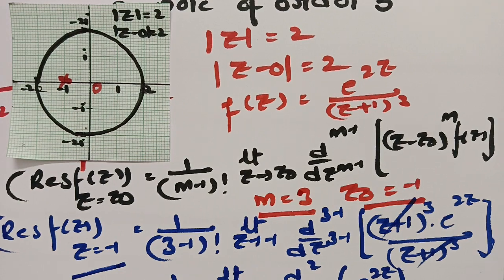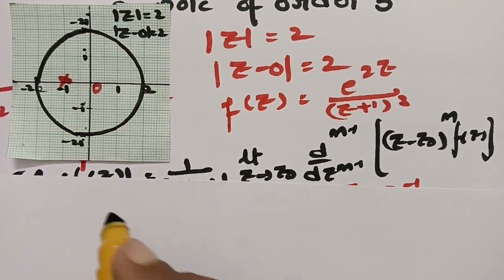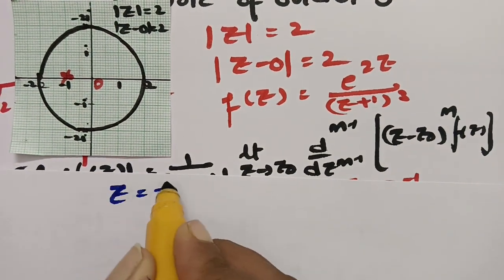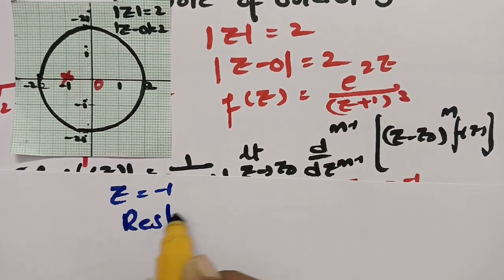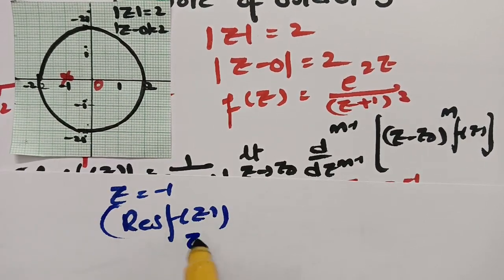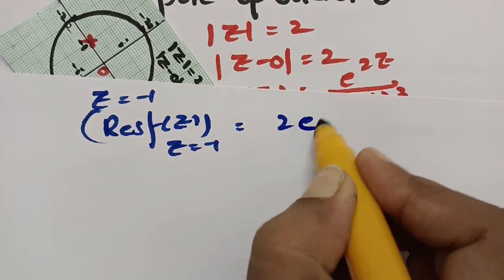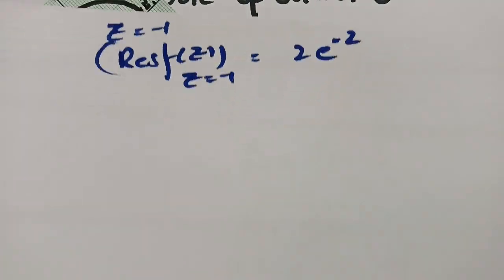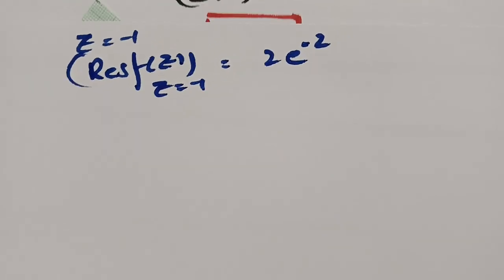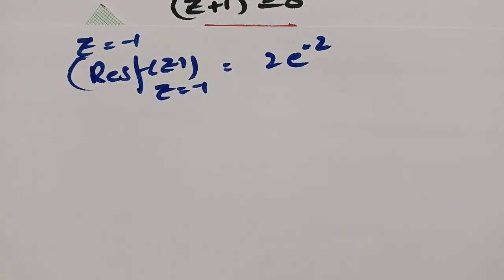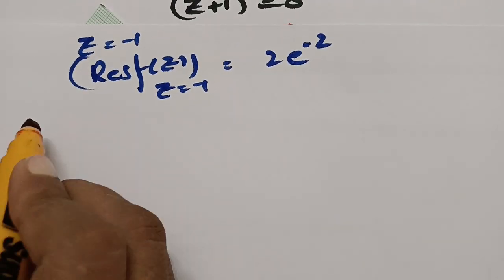See, we got the pole value. For pole value z is equal to minus 1, the residue of f of z at z is equal to minus 1 we got as 2 into e to the power of minus 2. Now we have to use the residue theorem. So how do we use the residue theorem? By residue theorem,